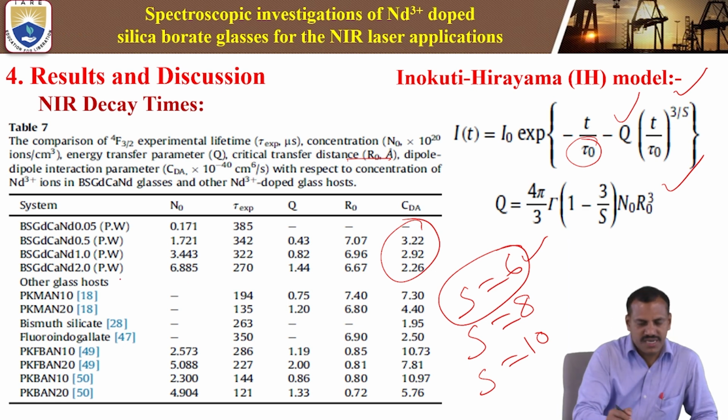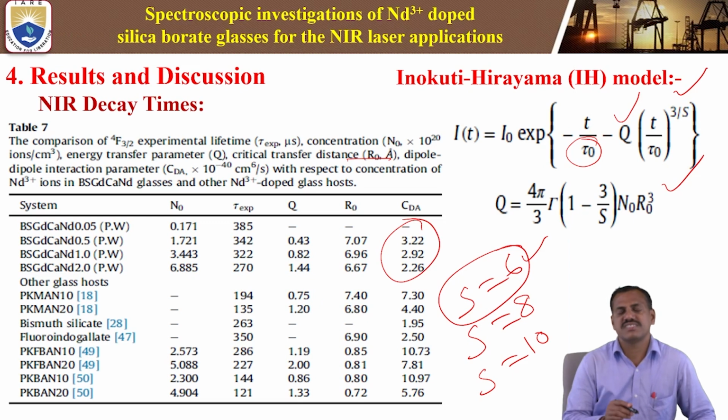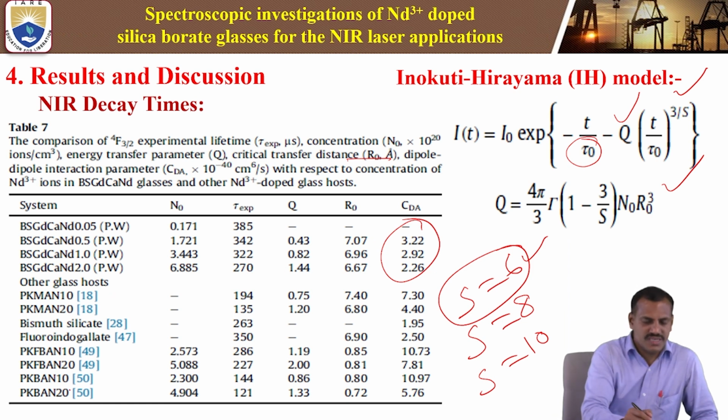See, the energy transfer parameter increases with the concentration, from low concentration 0.43, 0.82 and 1.44. These are the increases in the Nd3+ concentration, and the energy transfer parameter also increases with concentration. This shows the energy transfer takes place at a higher concentration of Nd3+ ions. So these values we are comparing with different host materials, bismuth silicate and fluorosilicate, and different kinds of other glass